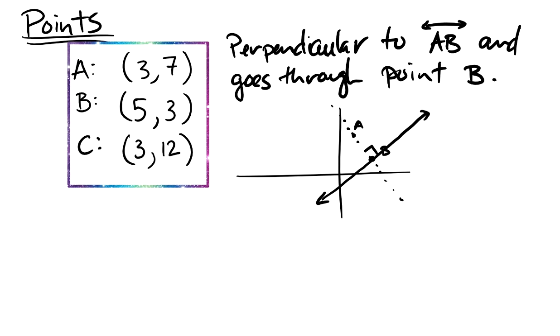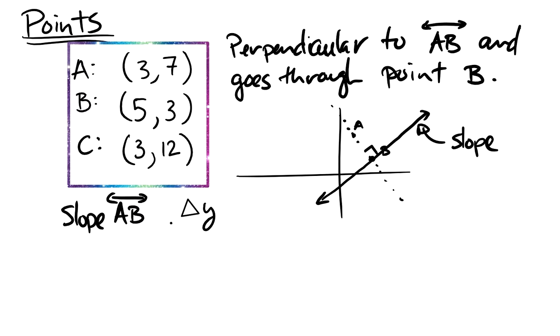So to answer that question, what we need to do is, first of all, figure out the slope of line AB. And the reason why we need this slope is because we're going to need the opposite reciprocal of that to figure out the slope of the line for our answer. So let's write this down. The slope of line AB, so I'm looking at this, and that is the change in the y divided by the change in the x. So for these 2 points,